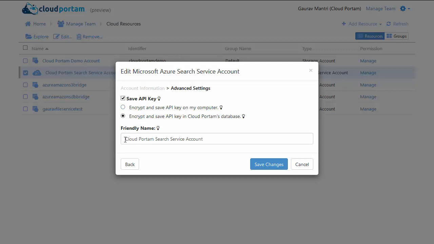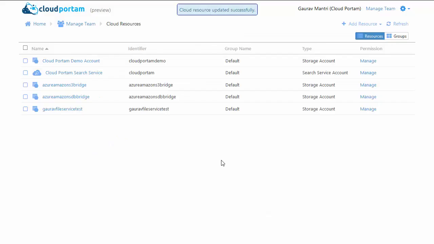Let me just change the friendly name here. We will not touch other things. So I will change this and then click on save changes, and the changes will be committed to the database. So this is how easy it is to change or edit the properties of an Azure Search Service account in Cloud Portal.